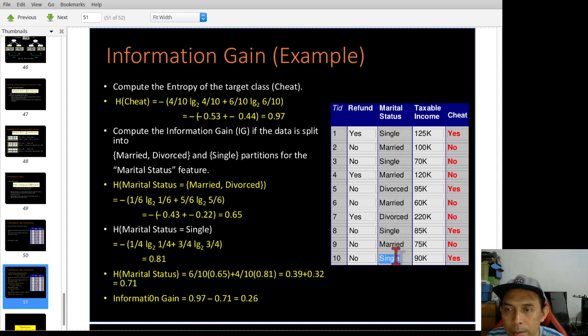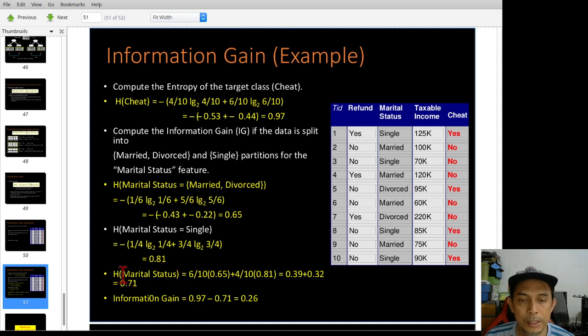So out of these 4, you have 3 instances for yes, and 1 instance for no. That's why you have 1/4 and 3/4 here, and the entropy for single is 0.81. Now from these two, you can calculate the entropy for marital status.